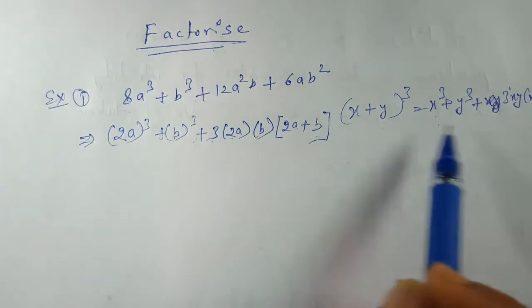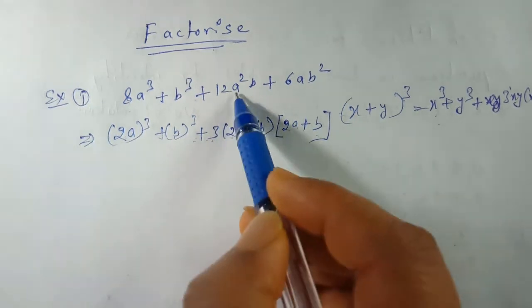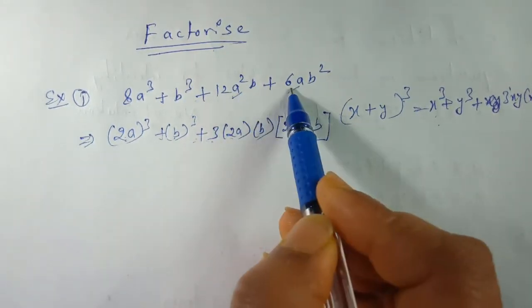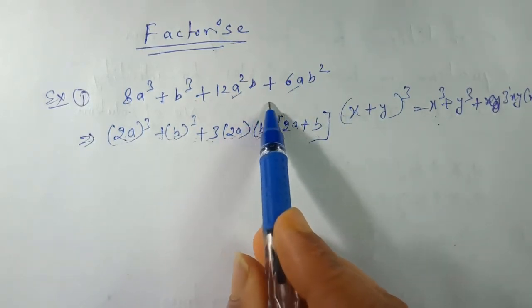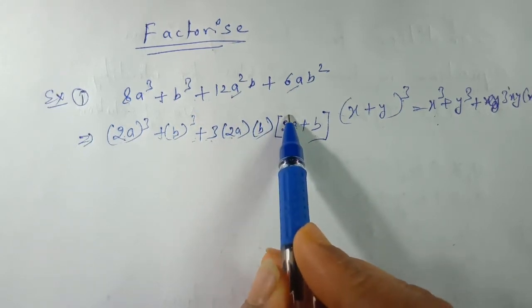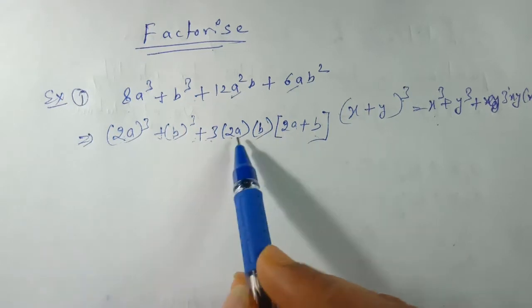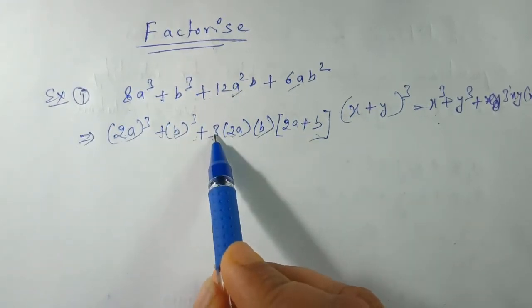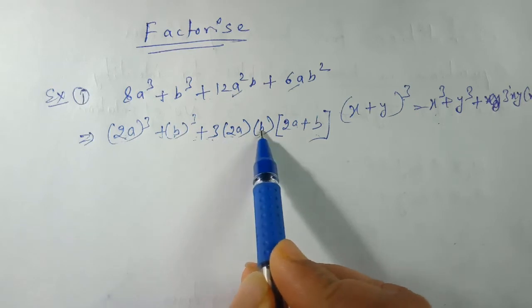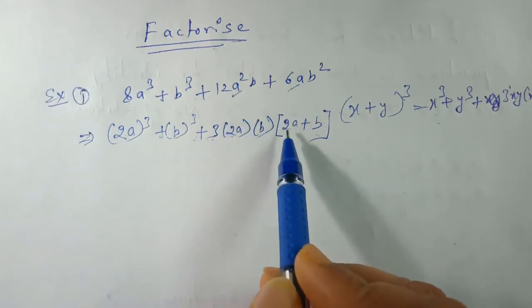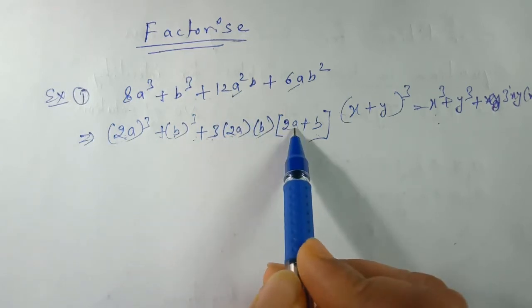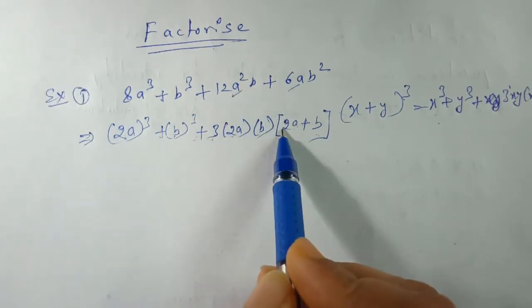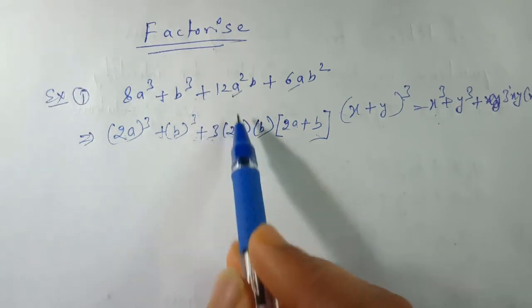So we have written it in the proper form, but we have to check the last two terms, whether we are getting 12a square b and 6ab square. This we will get when we multiply these two, multiplying by each and every term of the bracket. So first let us multiply 3 by 6b. 3 times 2 gives 6, and 6 multiplied by 2a will give 12. It means the number is correct. a into a will give a square, and b we have only single, so a square b, and both of them are in positive sign, so plus sign will be there. So it means it is correct.